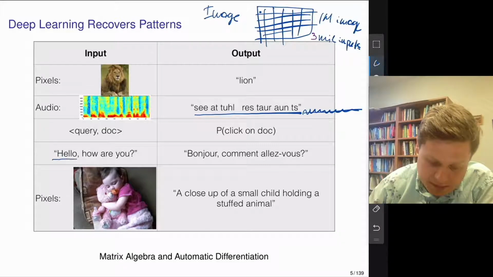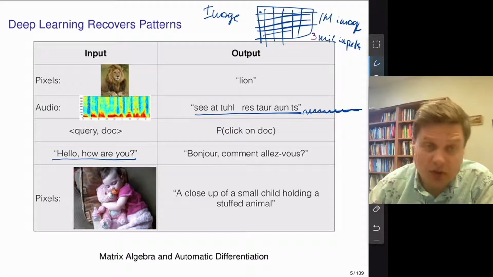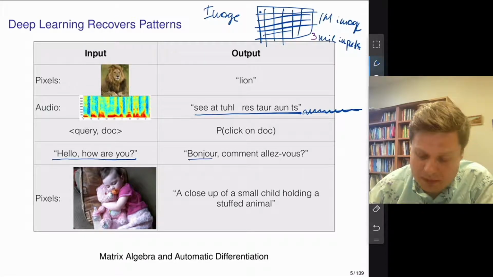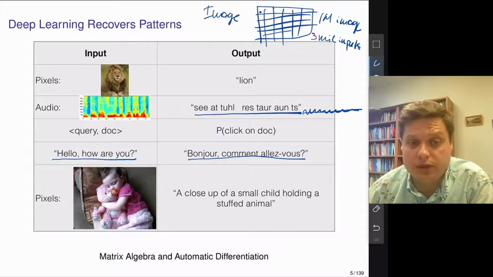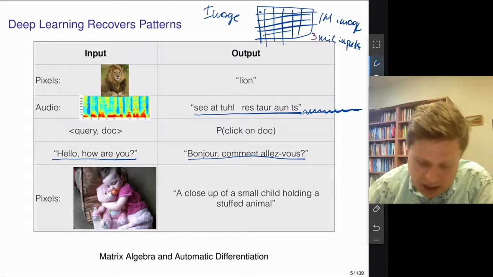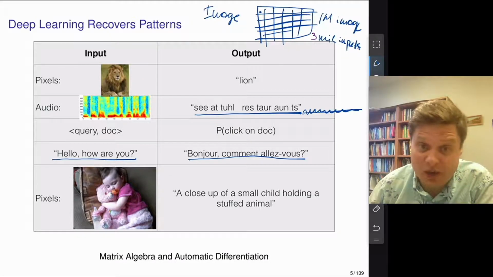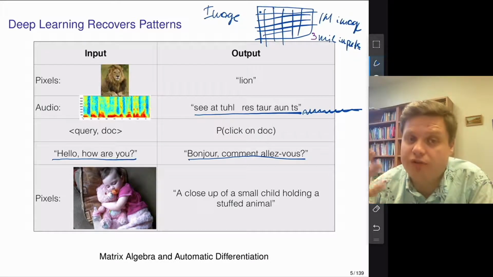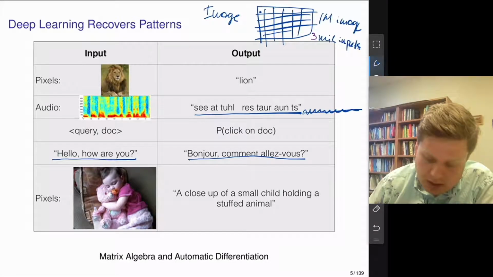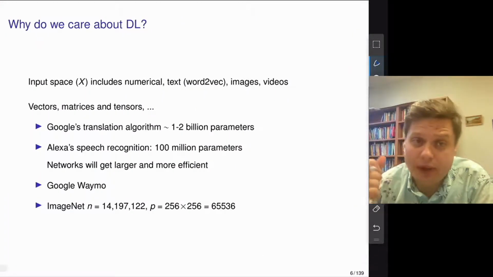This is another example of language analysis: automated translation. You give a phrase in English, the outcome is the phrase in French, and Google Translate uses deep neural networks to do this translation. And another example of image analysis: you give an image, and instead of just saying what's in the image, you try to give a description of the image. So you have to be a little bit more evolved compared to just labeling that as a child with a teddy bear. All right. And that's essentially why we care about deep learning.